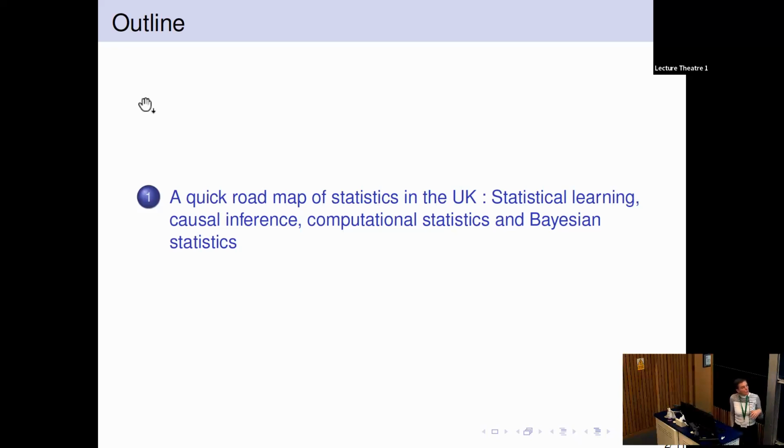Then I'll talk about computational statistics, which is about how hard it is to implement the algorithms that we're considering, what the challenges and questions are, and what kind of research is done in the UK in this regard. I'll move to Bayesian statistics, which is very important in the UK because of figures like Lindley and Adrian Smith, who were instrumental in developing the field. And I'll end with a bit on causal inference. That was sort of the open question Long was talking about.